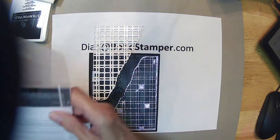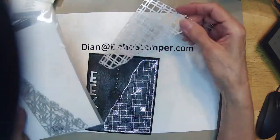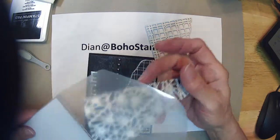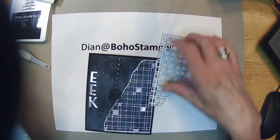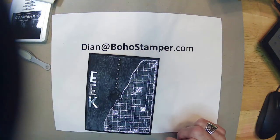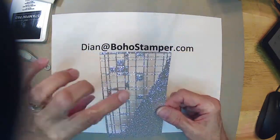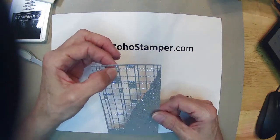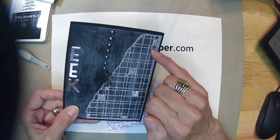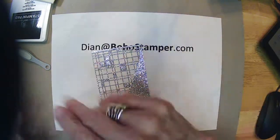I used our split card texture dies. We've used this a couple of times, and I was thinking later this one might be pretty too. This one might look a little bit more webby. I don't know. I mean, I know this isn't a spider web. It's just supposed to give the illusion of being spidery. So I cut that out of the silver. If all of the pieces didn't come out, I didn't really care because I saved them all anyway. Like on this card, I put some of them back in randomly just for interest. So if they didn't all come out, don't worry about it. Just let it